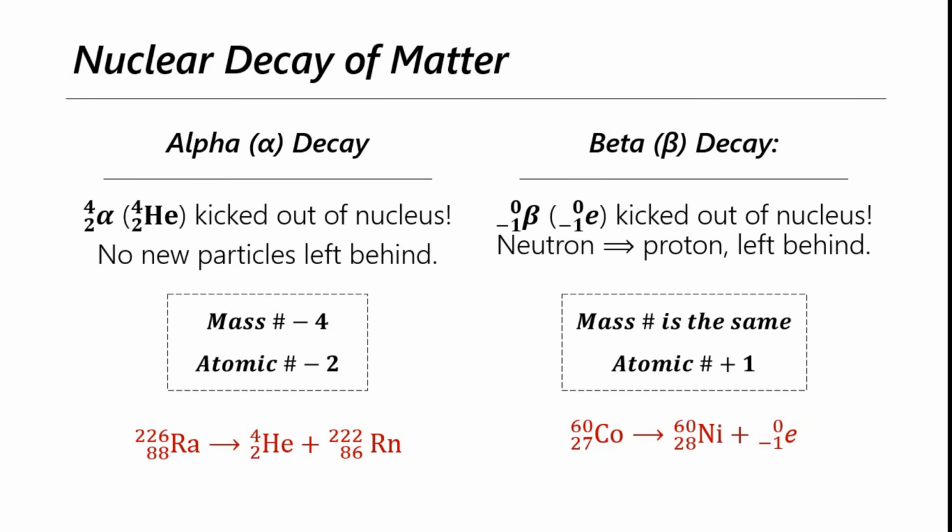Just to sum up alpha decay and beta decay: in alpha decay, we kick out a helium nucleus, essentially a bundle of 2 protons and 2 neutrons, and we don't leave behind anything else. So the mass number of our original isotope drops by 4, and our atomic number drops by 2. In beta decay, we end up kicking out a high-speed electron once a neutron converts into a proton. So our mass number stays the same, but our atomic number goes up by